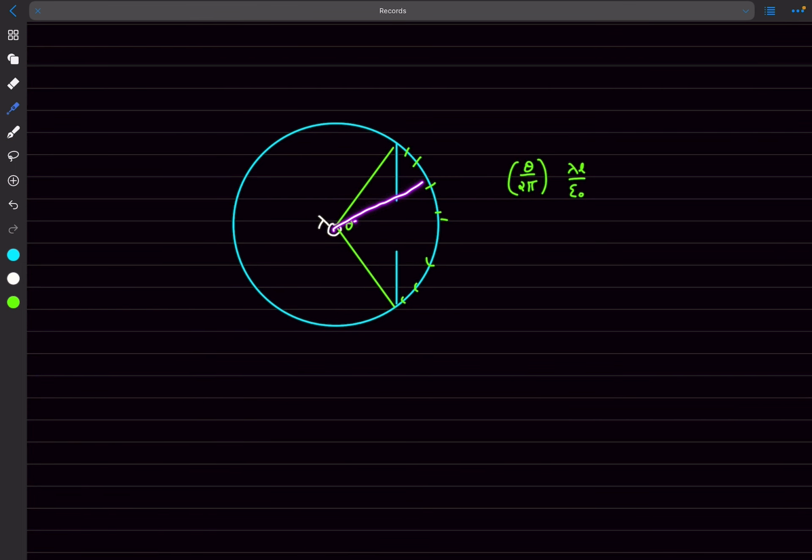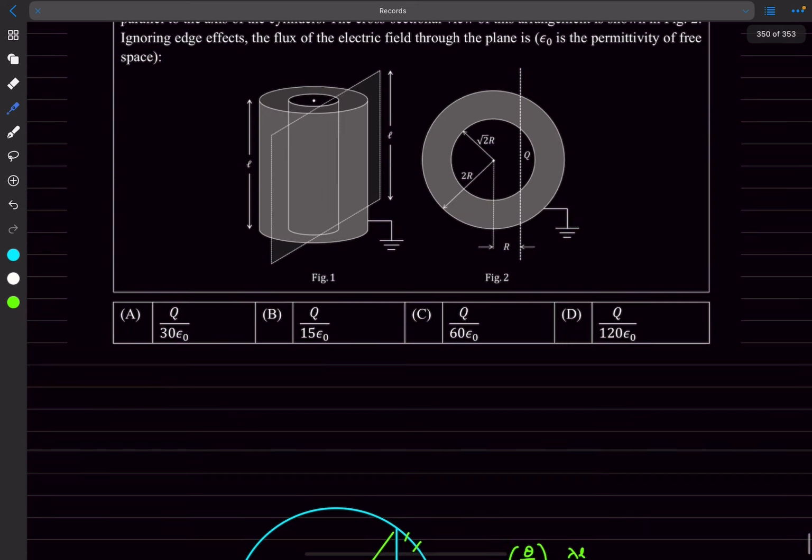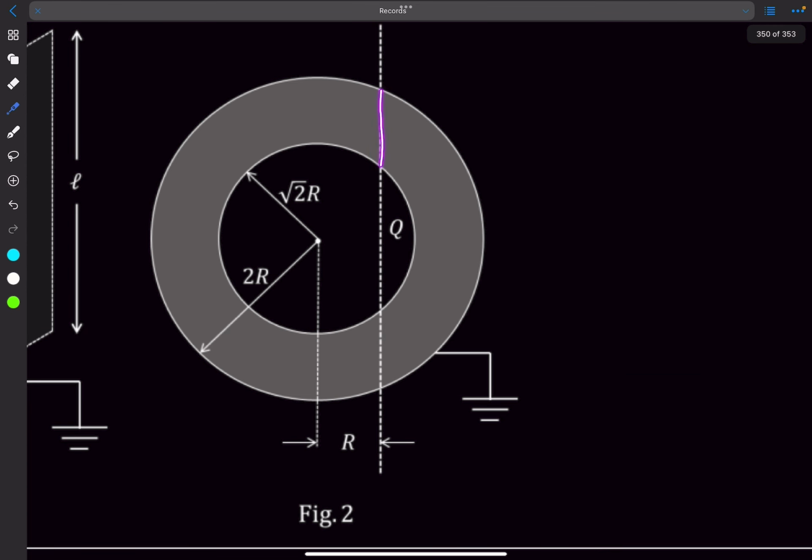If you know this basic result, then if you remove some section of the cylindrical plane, the final answer will depend on this angle theta 1 and this angle theta 2. That's it, right? Using the exact same argument, you just have to figure out what is the angle that this segment subtends at the center,